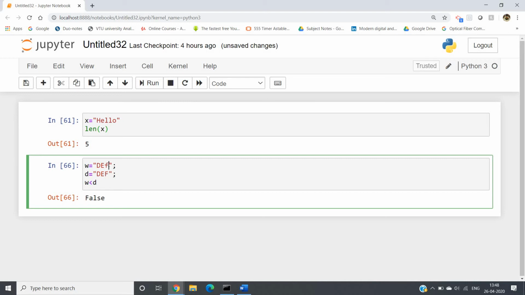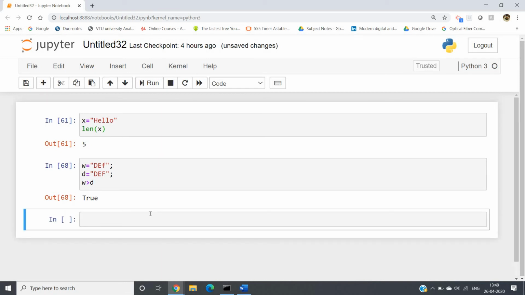Okay, small f is having more ASCII value than capital F, so as a result, what will happen? The w will be greater than d. Okay, so w less than d will give us false, and if we write w greater than d, we will be getting true. Okay, so if equal or tie occurs, then to break the tie, we will use ASCII concept. But if they are two different, that is, if no tie occurs, then simply dictionary order it will follow. Okay, so this is how comparison can be done in case of two strings.